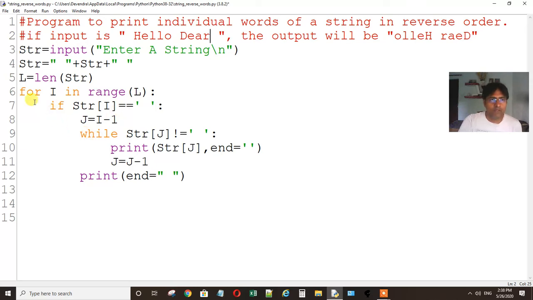For i in range, in line number 6, for i in range L, so it will start from 0 and L is 12, so it will stop at 11th index, that is the last space.